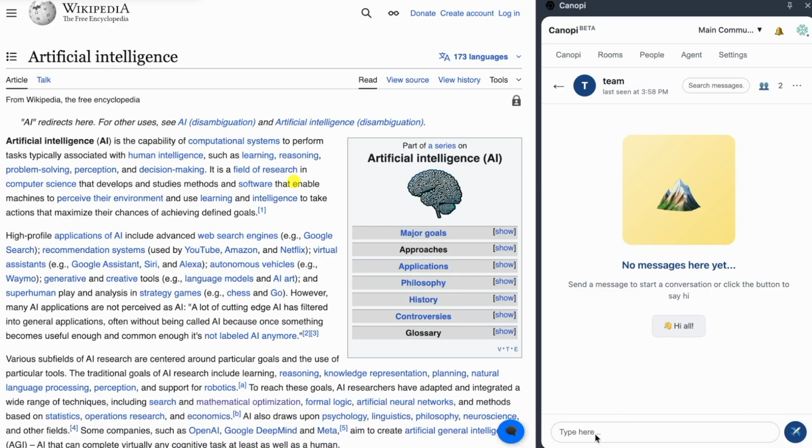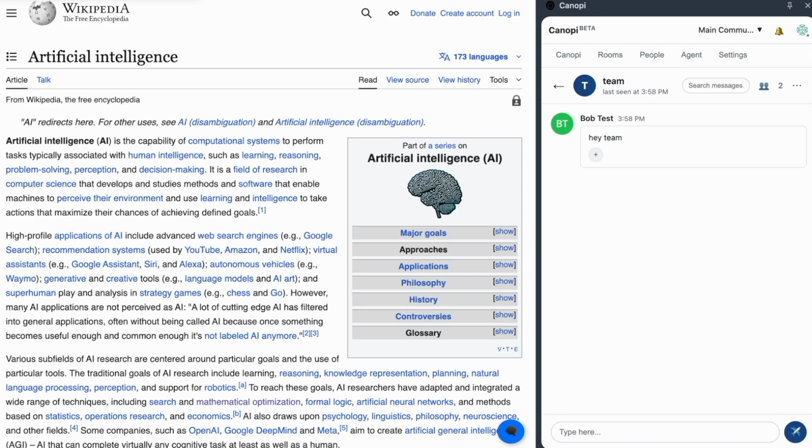So we can type a message, let's say, hey team. We can edit or delete our message. We can also react to a message. And since we have 2 people over here right now,